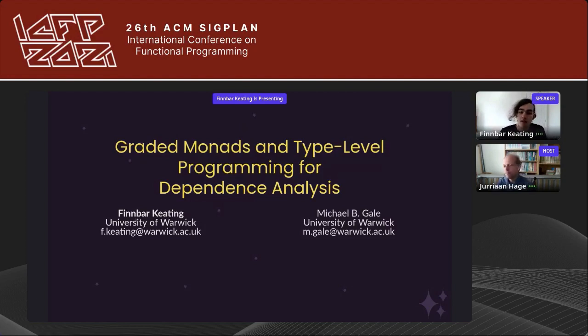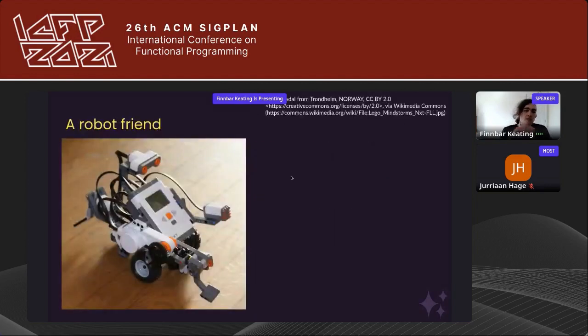Right. Hello, I'm Finbar, and today I'm going to talk to you about this joint work with Michael Gale on graded monads and type-level programming for dependence analysis. There's quite a lot going on in this title, so let's start off with a motivating example. Here's a robot I found earlier, and what we're going to do is take its sensors, like